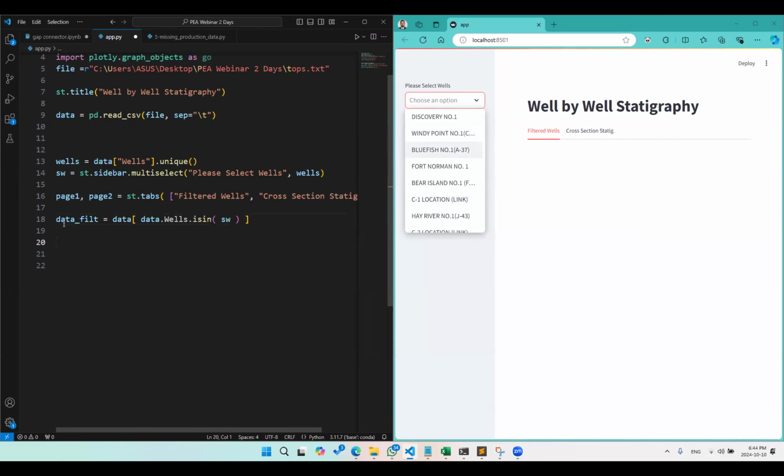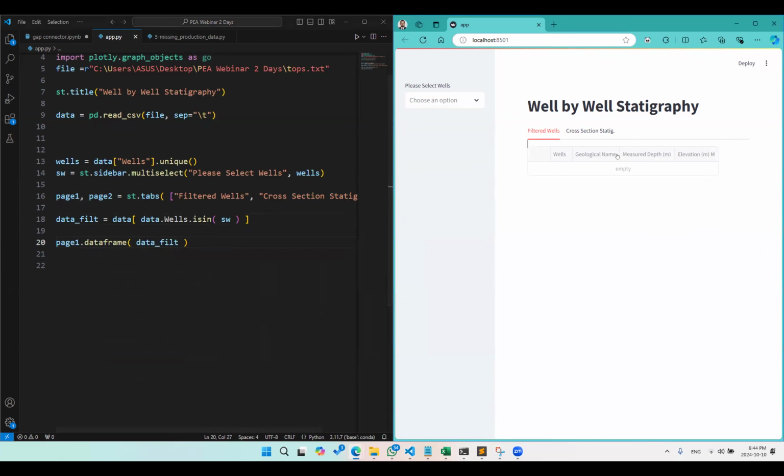So we will do something like page1.dataframe, just like this, and then you will be viewing data filtered out, and save this. Once you do that, there you go. Now you have an empty table. Why is the table empty? Well, because you did not select any well. So if we start selecting wells,